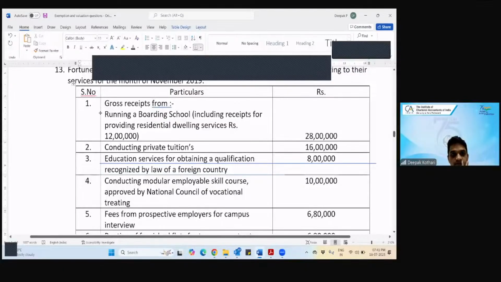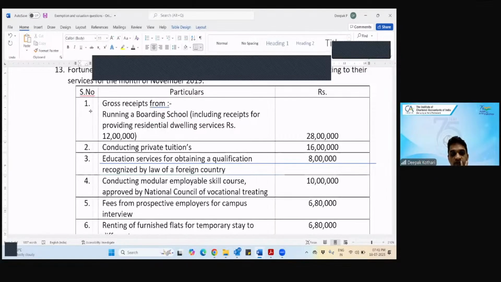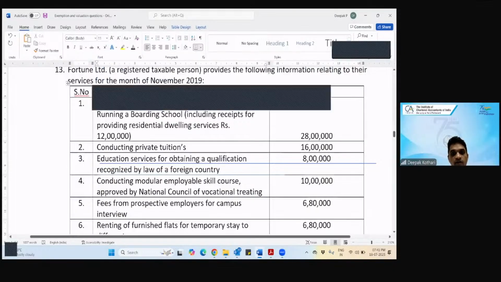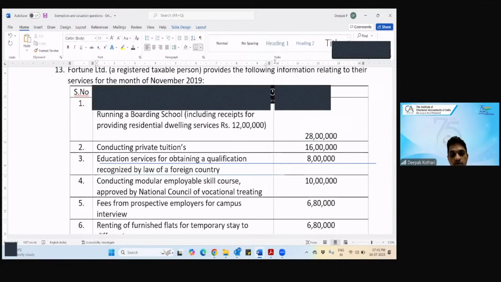Conducting private tuitions, 16 lakh rupees. Educational services for obtaining a qualification which is recognized by law of a foreign country, 8 lakh rupees. Conducting modular employable training, the value is